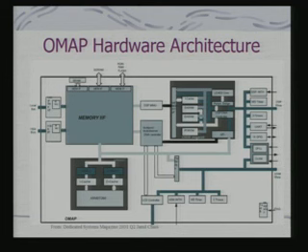Let us look at the OMAP hardware architecture. It consists of two basic components. This is your DSP component and this is your ARM component. This is the memory interface. You can see that the same memory interface is provided to both the processors, and each of these processors has got its own onboard RAM, because I already talked about this single access RAM, dual access RAMs, instruction cache which is already there within the DSP core.